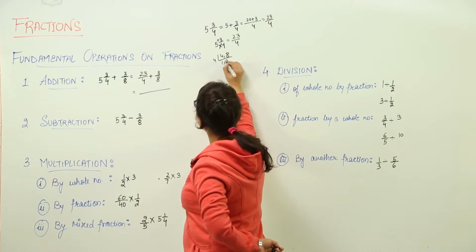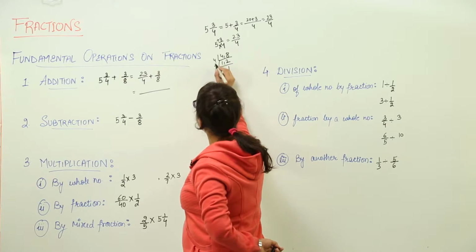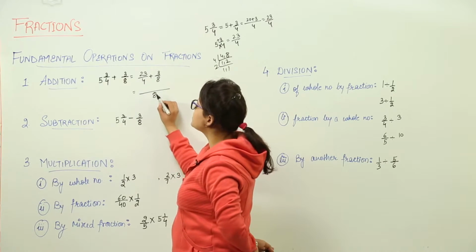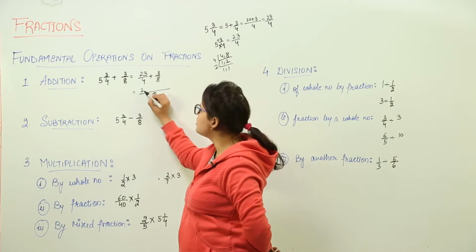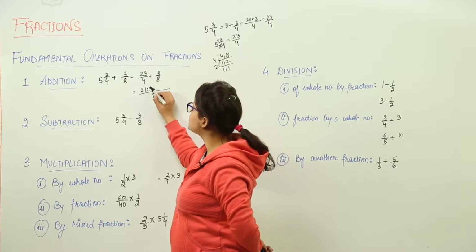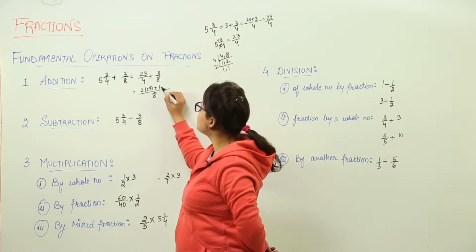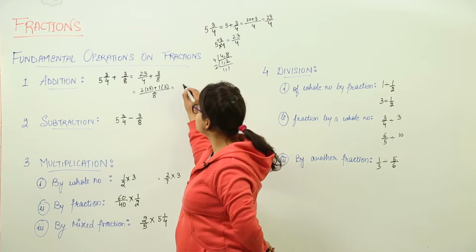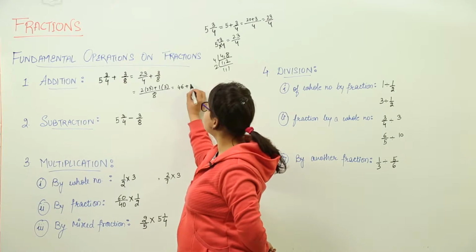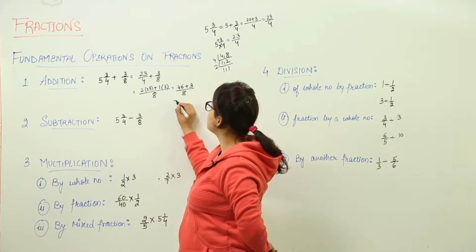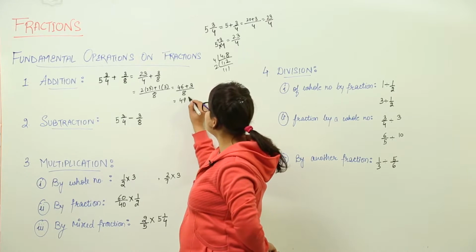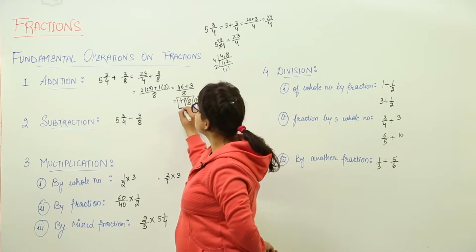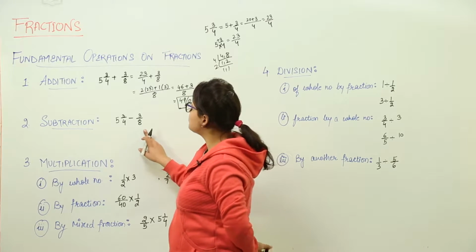Let us do that. We get 8 as the LCM. Now 4, how much is 8? 4 is to be multiplied with 2 to become 8 and the numerator as it is. 8 should be multiplied with 1 to become 8 and 3 as it is. We get 46 plus 3 over 8, that gives us 49 upon 8 as the answer. Right? Next is the subtraction of the two fractions.